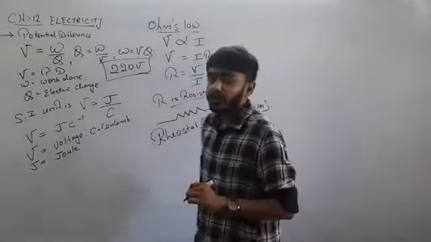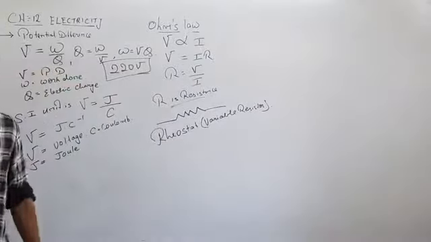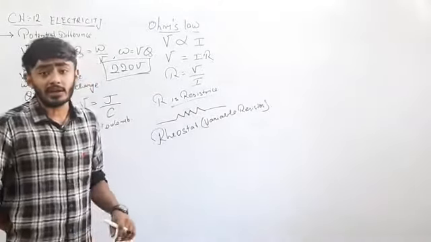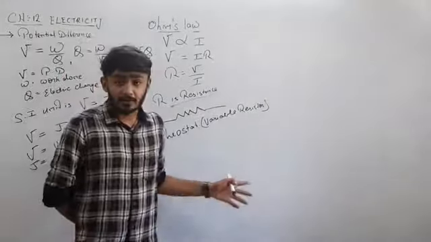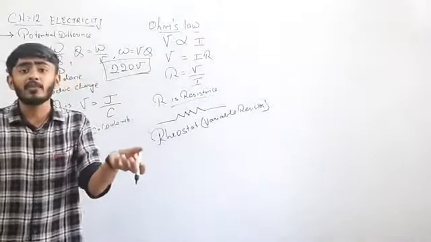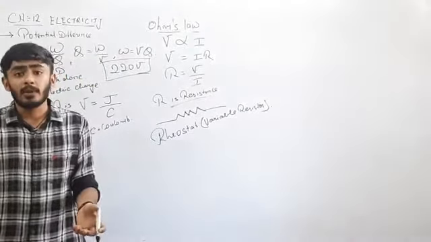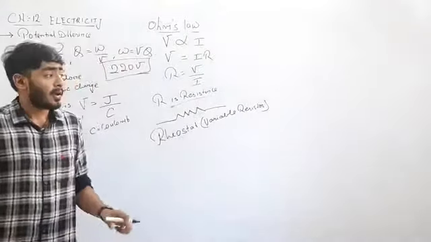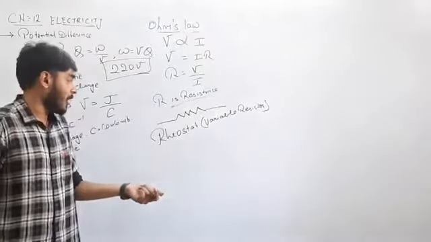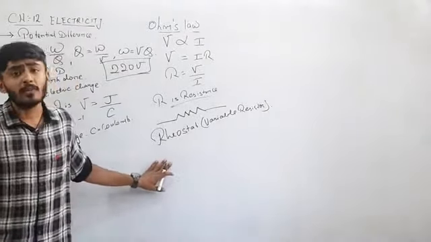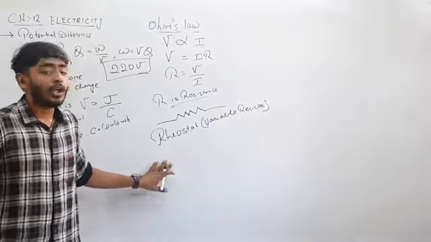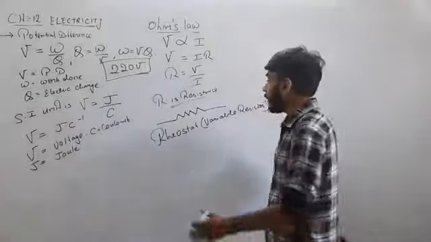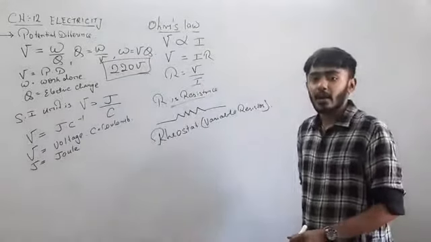Fine students, rheostat, that is a variable resistor. This is the type of resistance we use in fan regulators. If we keep the fan at 5, the electric current is at maximum and the resistance is at its lowest. But if we regulate the fan at speed 1, then the resistance will be maximum and the electric current will be lowest. So this is the everyday life use of the resistance, also known as a rheostat.